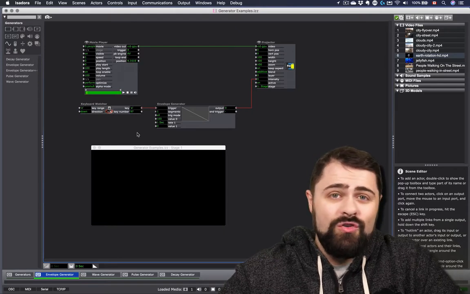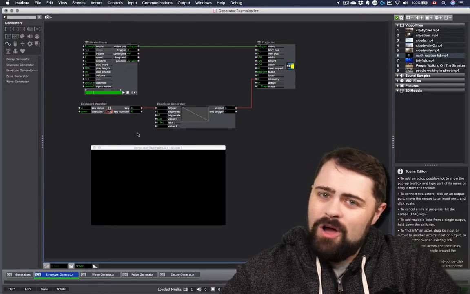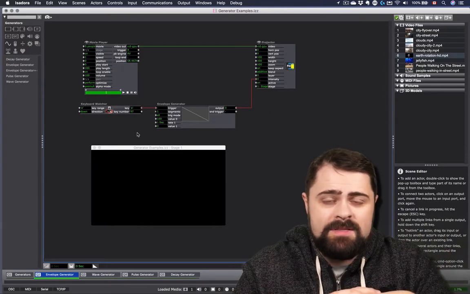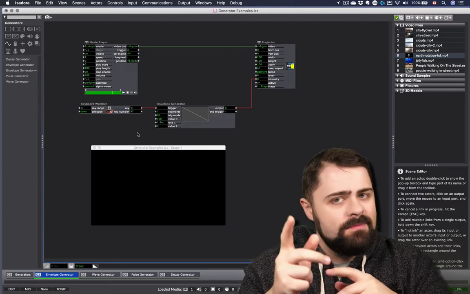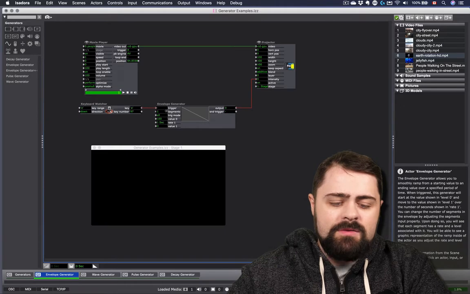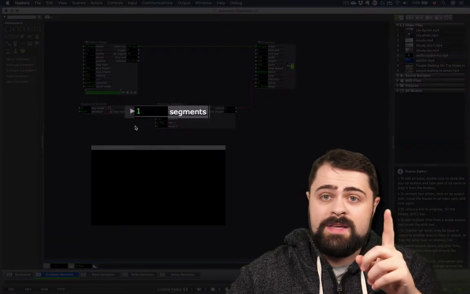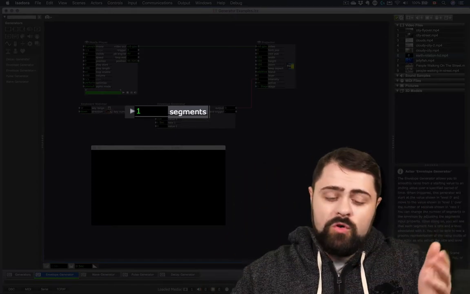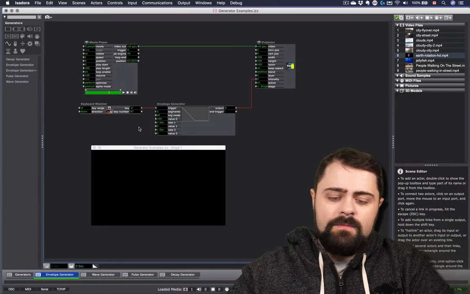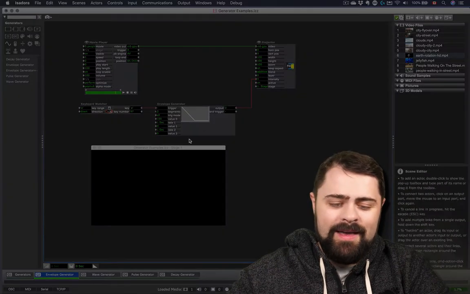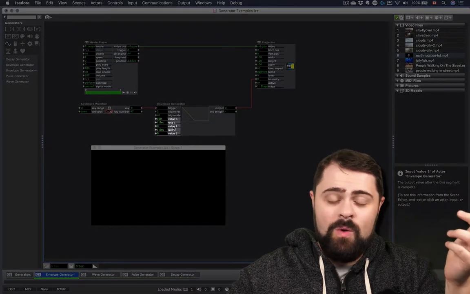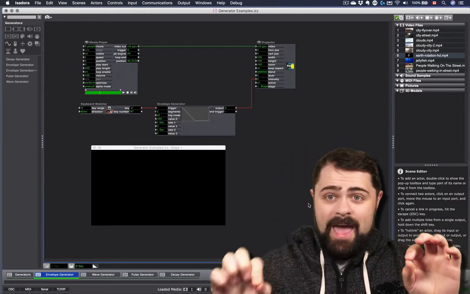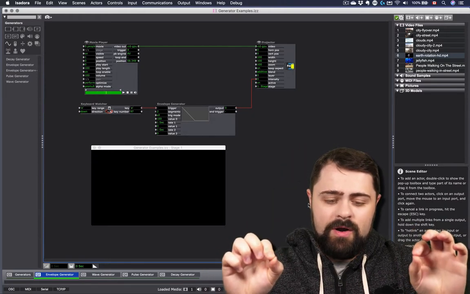And in fact, we can turn the envelope generator into a little bit of a toggle because the envelope generator can be broken up into multiple segments, which we can control in sequence. Let's see how this goes. Right now my envelope generator has only one segment. It moves from 0 to 1 or 1 to 0. But I'm going to increase these segments now to 2. And you'll see that I've created another line. I now have value 0, value 1, and value 2. This is the start point, the midpoint, and the end point of my envelope generator.